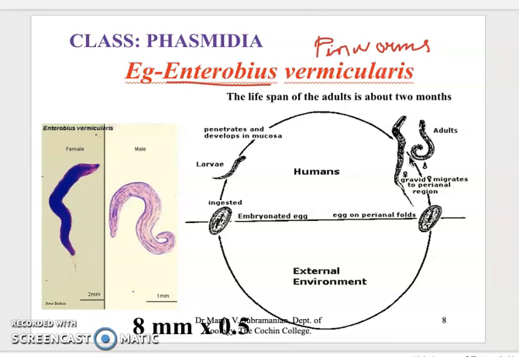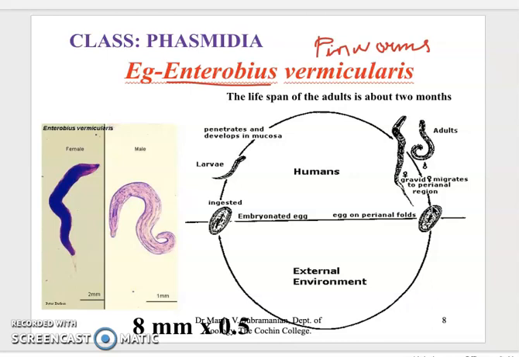Then the larger females with eggs often migrate to the anal region at night and deposit the eggs, and this causes irritation and scratching, often contaminating the fingers as well as bed clothing with the eggs, and reinfections can also occur. Then when these eggs are swallowed, they are carried to the duodenum